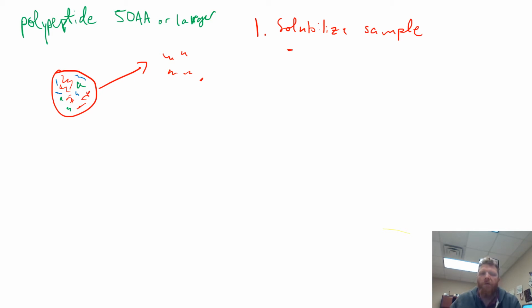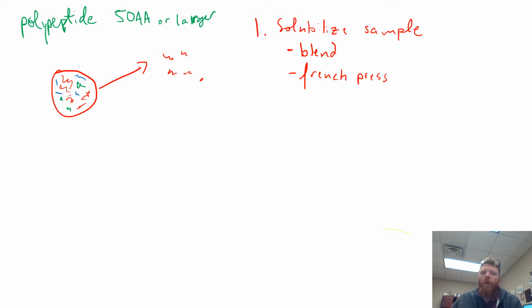One, you could use a blender and just blend up the tissue so that it's a homogeneous solution. You could also use an instrument known as a French press, very similar to the French press you would use when making French press coffee. You're putting a high amount of pressure onto your sample, and you're rupturing those